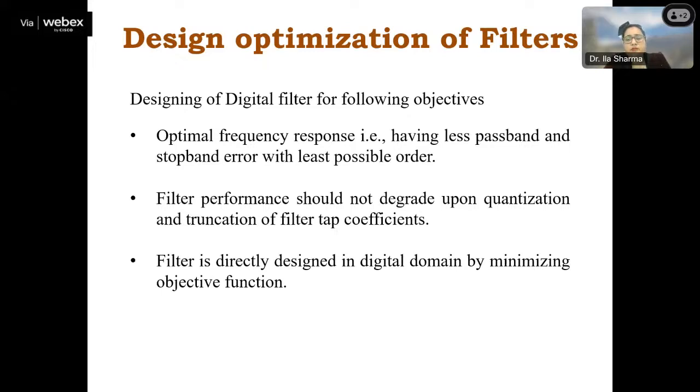Least possible order, what does it mean? Do you understand the order and the length? Okay, I will tell you. When we design a filter, it has main components like adders, multipliers, and a delay line. If you can recall the Z transform of any filter, or if you have gone through the transfer functions of FIR and IIR, we will have that in a slide also.